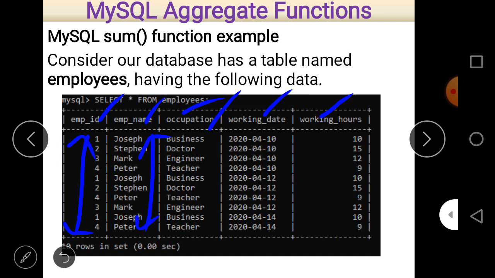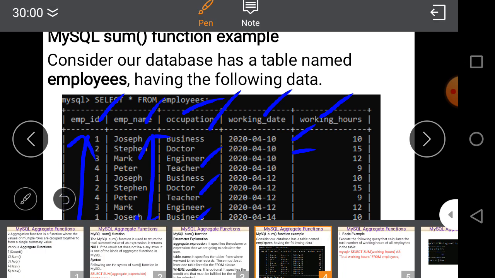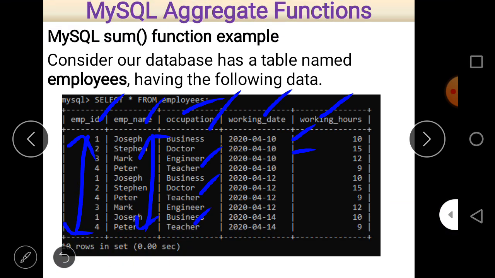So there is a repetition of occupation also. And then working date, as you see, the default format is year first, then month, and then date. So this is the format, and the working dates are in 2020, and there is a repetition of values also in working date.